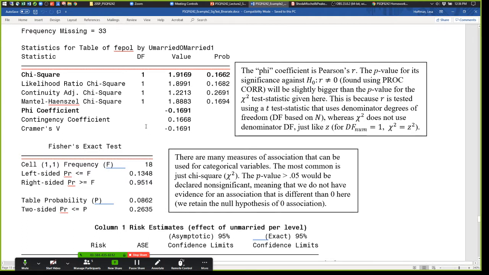So as I announced yesterday, I made some adjustments to the lecture and the example we're working on after the questions we had. So I wanted to start with that. The thing about the phi correlation and the p-values that I stumbled over. So first off, thank you for those of you who asked the questions about this because it forced me to